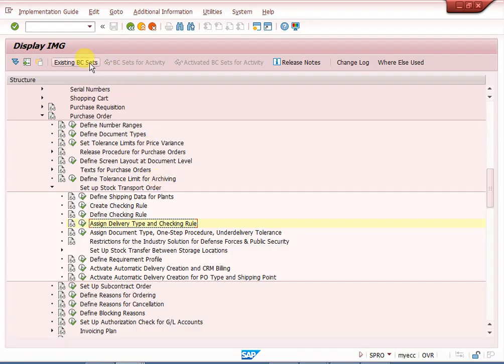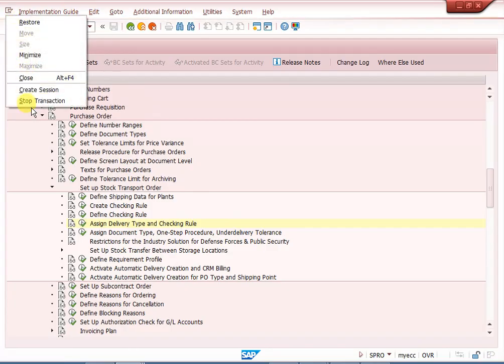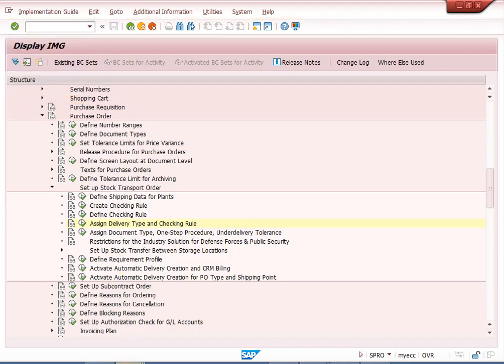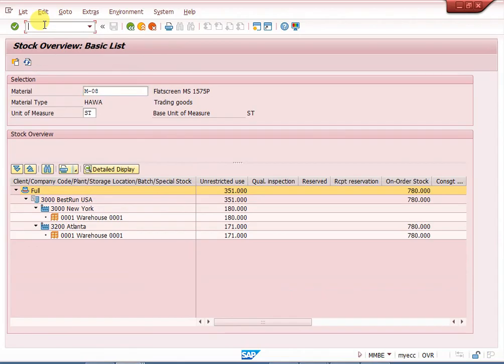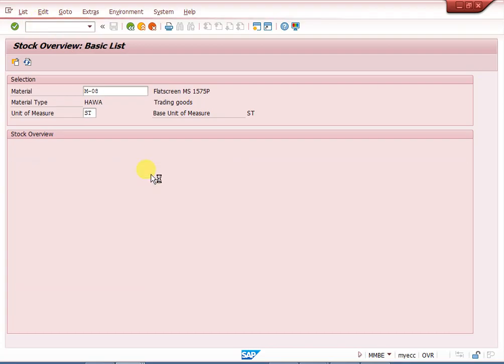One more mandatory configuration is copying controls. /n VTFL. My transaction code is VTFL. Delivery to billing, we are maintaining copying controls.